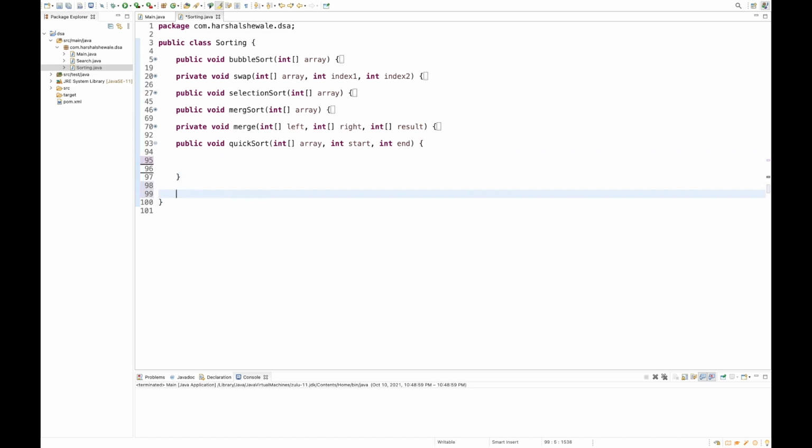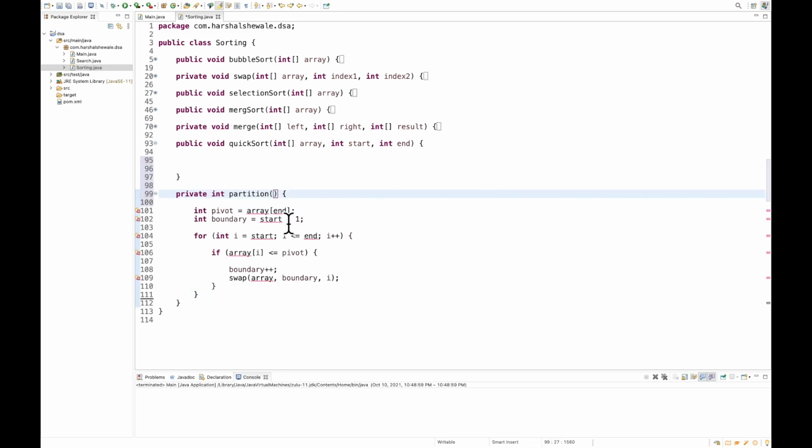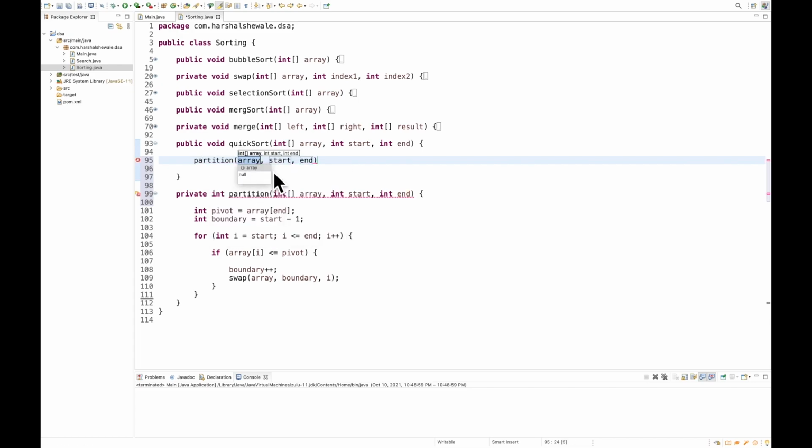We will create another method, maybe we can call it partition. We put this code here, and to this method we will pass all the parameters: int start, int end. Cool. And just call this method from here, the same method partition. So pass the array, pass the int, and okay. The return type of this method is int. Why?